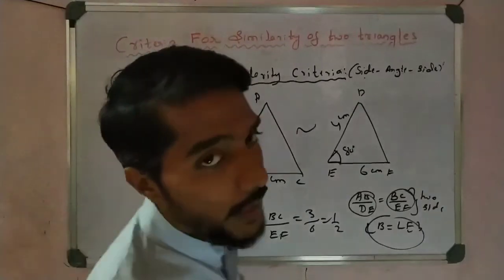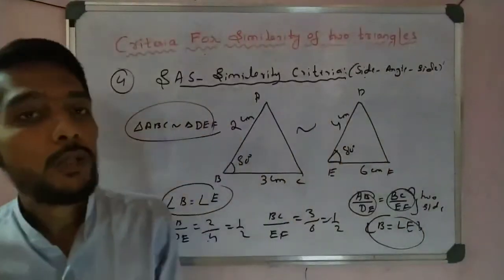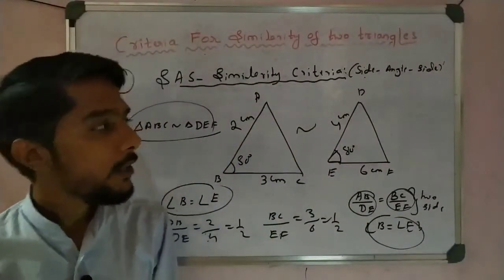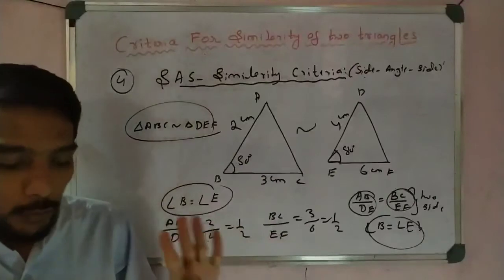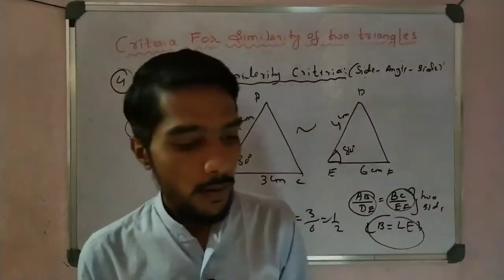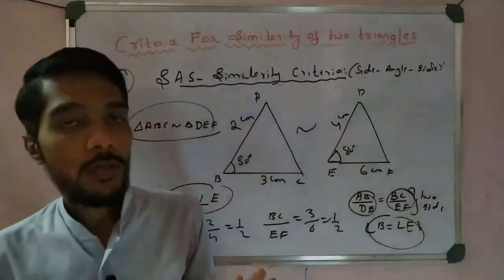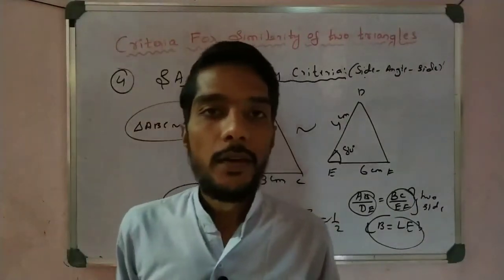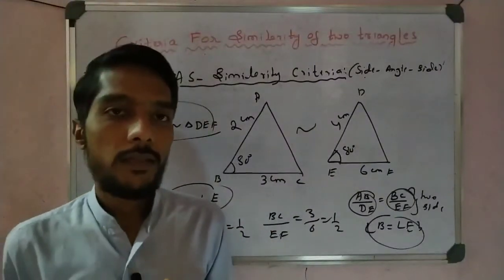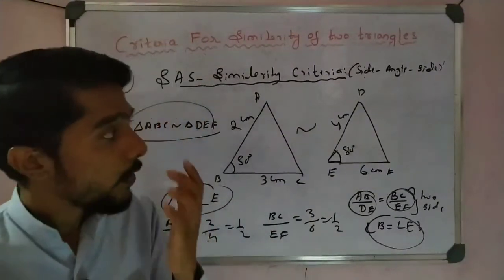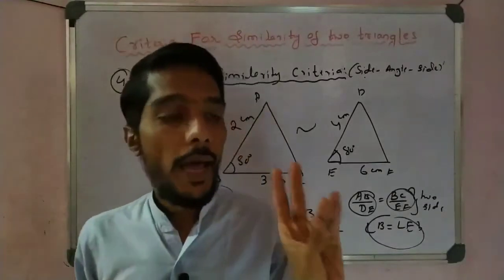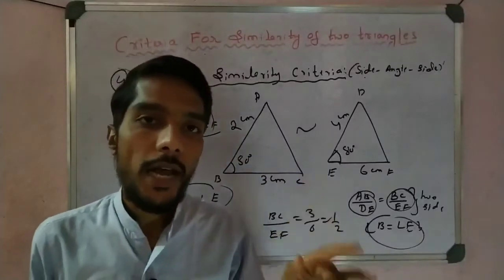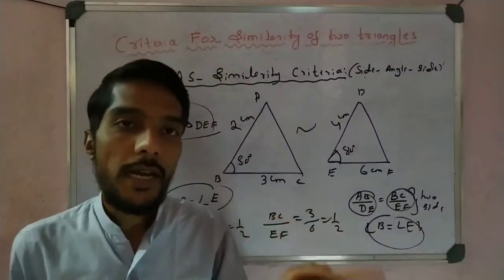These are the similarity criteria, the theorems which are used to prove that the given triangles are similar, right, students? So these are the 4 criteria we use. Finally we get the 4 rules, which are very easy. When we apply them on any triangles, we can easily check whether they are similar or not. One is angle, angle, and another is side, side, side, and the fourth one is side, angle, side.